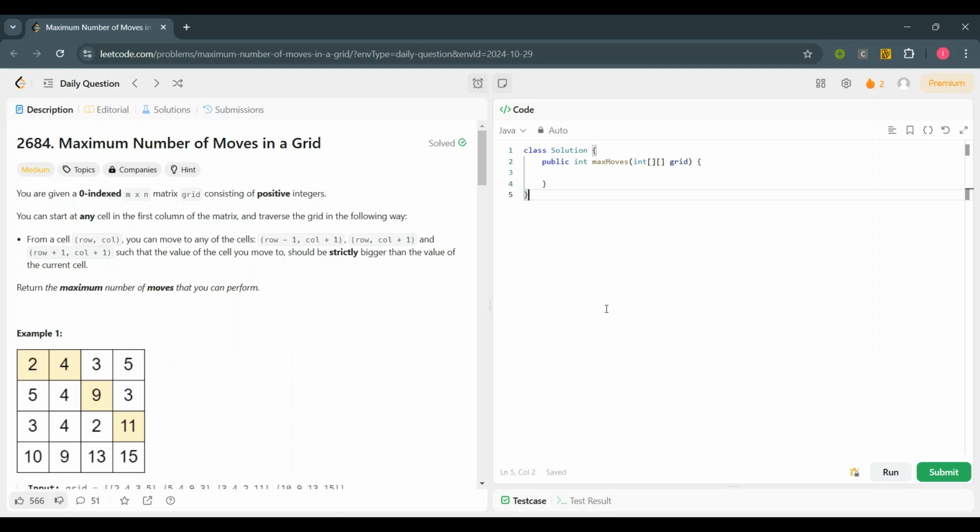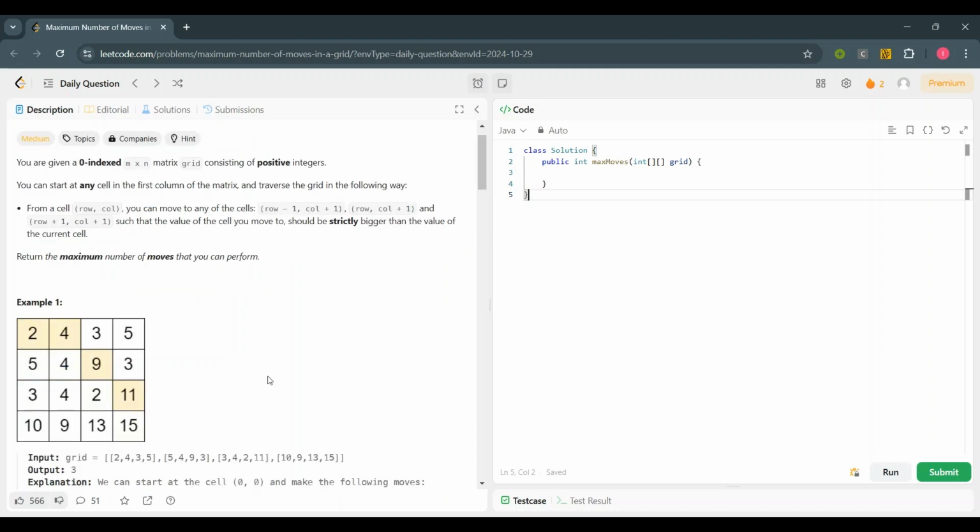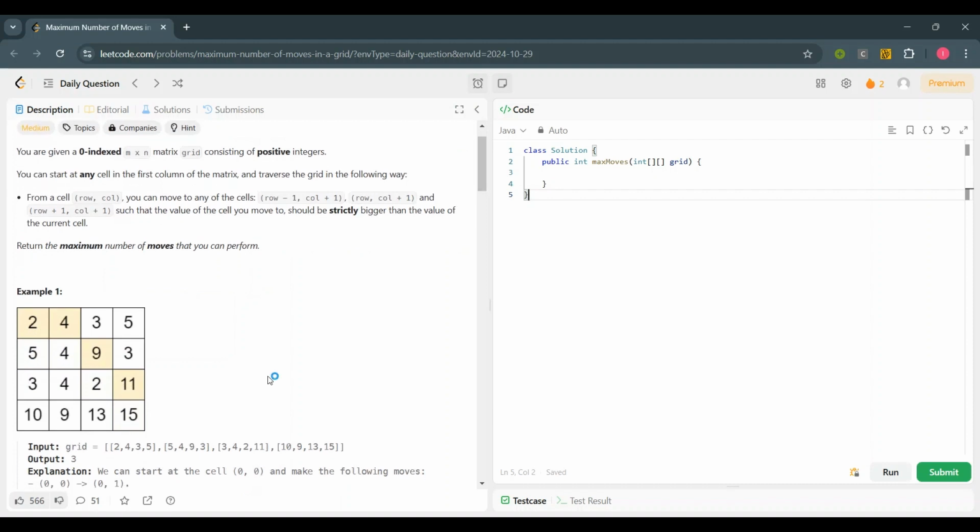Hello everyone. So today we are going to see the problem of the day of LeetCode. The problem given here is maximum number of moves in a grid. So here we are given a grid of positive integers, and here we can traverse